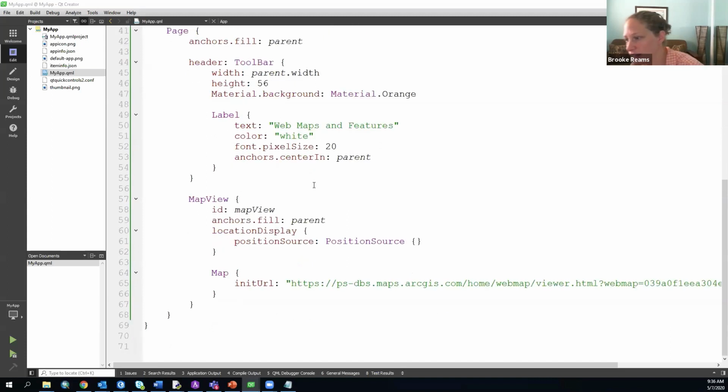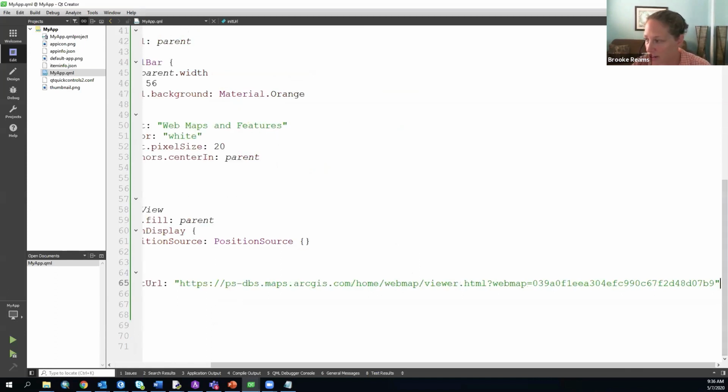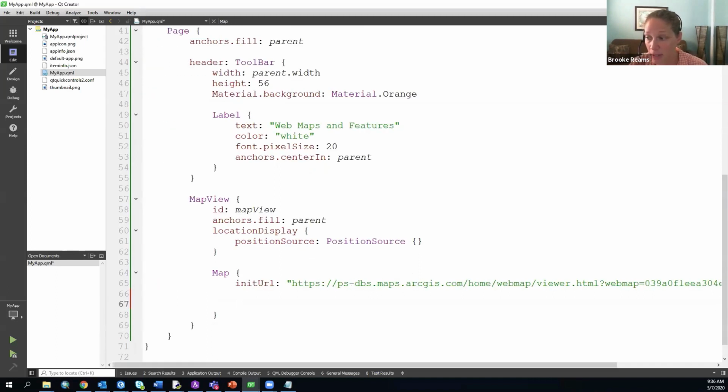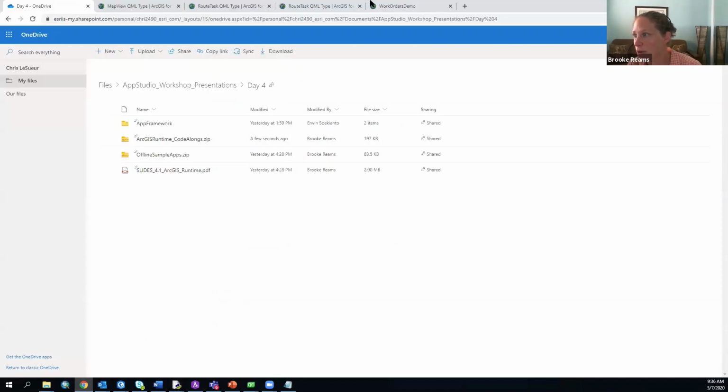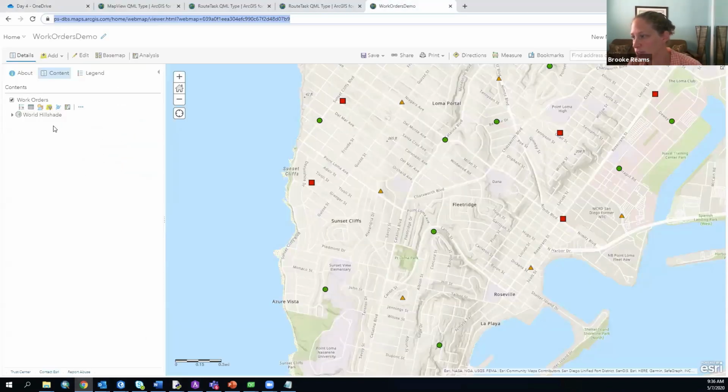The first thing that I'm going to do is write some code to retrieve the layer that I'm going to be working with, which is the work orders layer. Let me first show you the web map so you can see what it is that we're consuming. This is the web map that I created in my ArcGIS Online and shared publicly. I shared both the web map publicly as well as the layer so that you have access to both, and I also made the features editable, because in the next code along, we're actually going to edit these